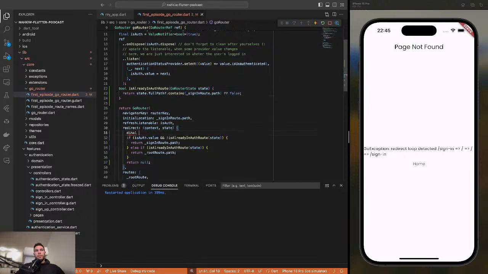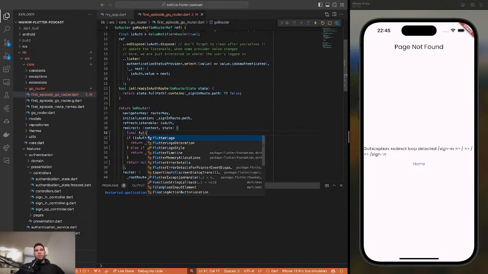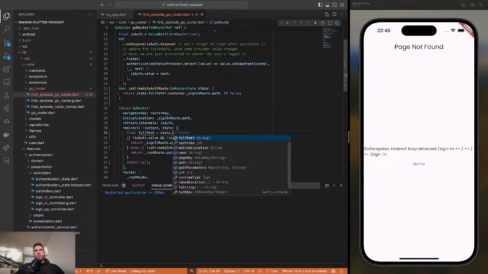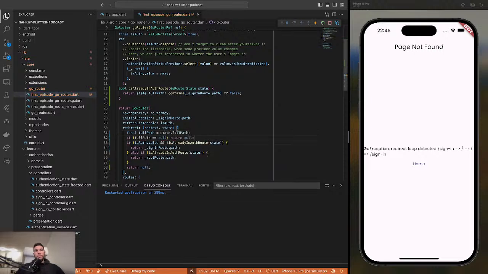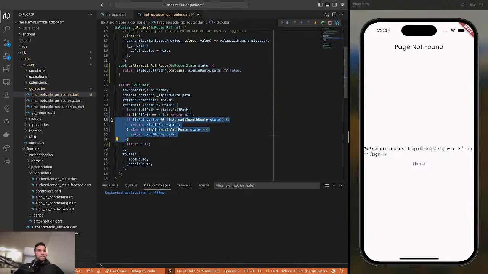So if final full path equals state dot full path, if full path equals null, return nothing. Do we get a redirect loop? Sign in, then root, then sign in. Okay, what do we get here? If is auth value